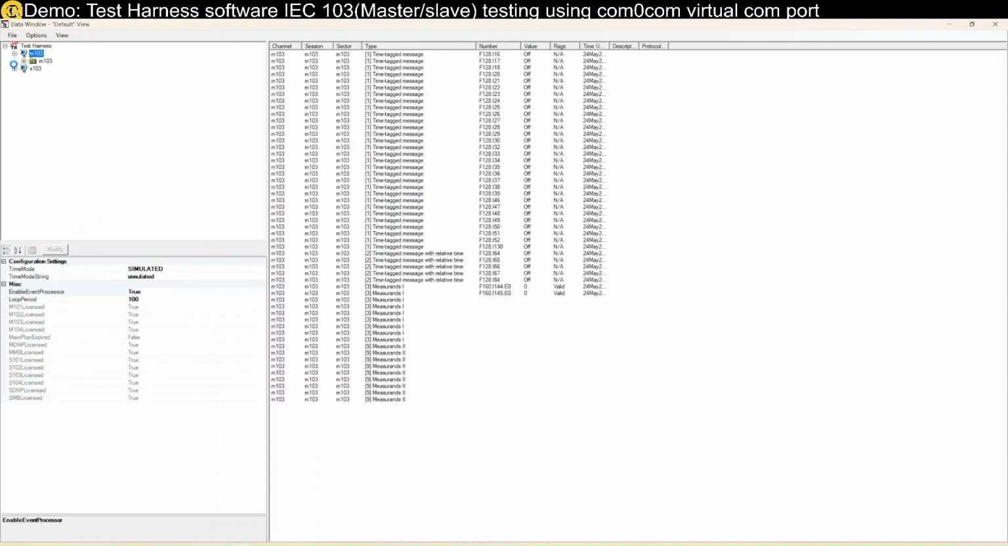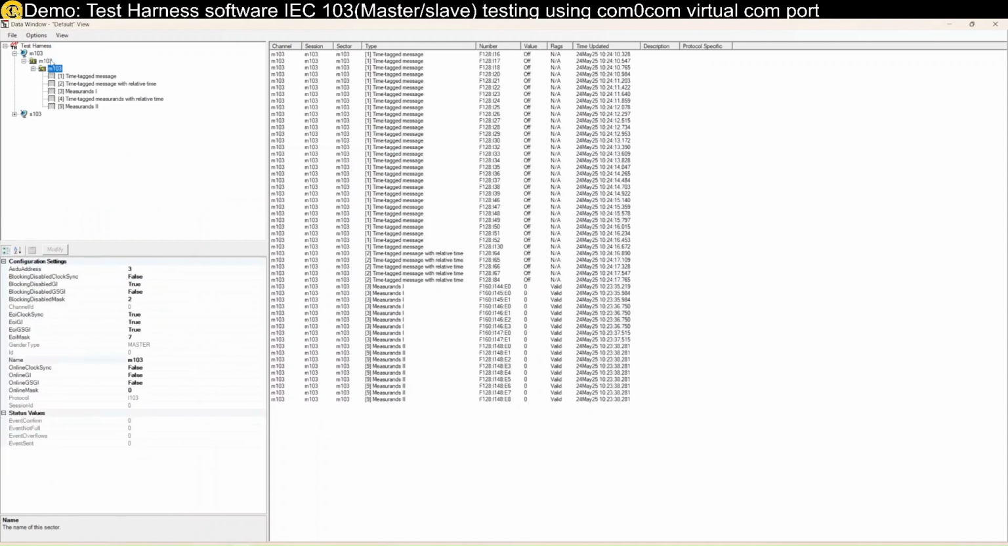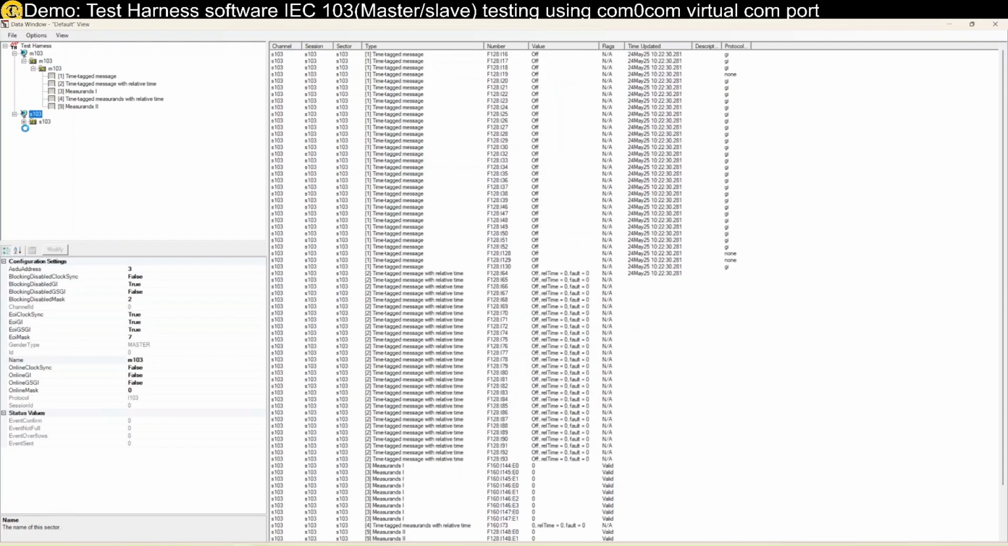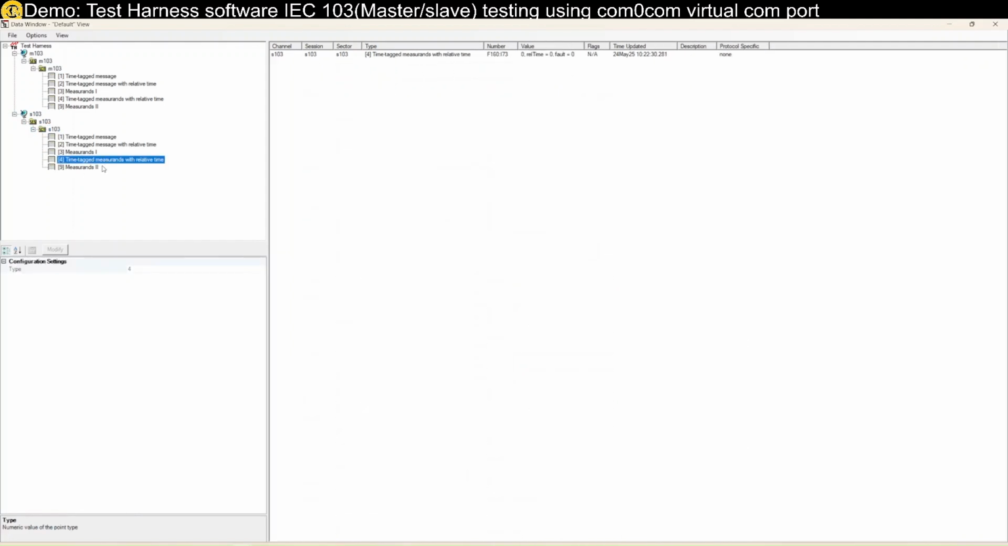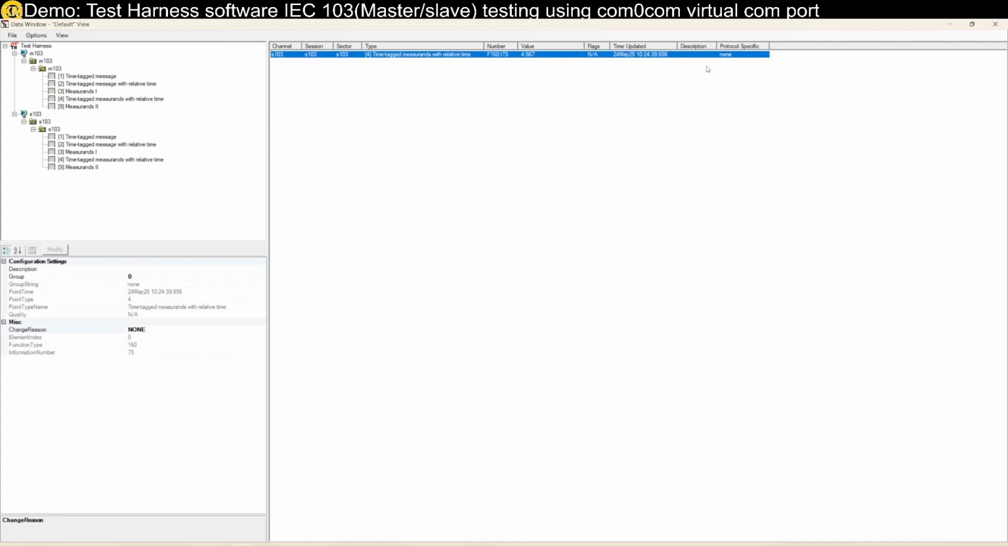Quite straightforward. My favorite test is I open up the master data over here, and this is the slave data. So what I can do is go to this tag-based measurement, and there's a value over here. Let me double click this. Maybe I change this value to 4.567. Okay, so when I press enter,